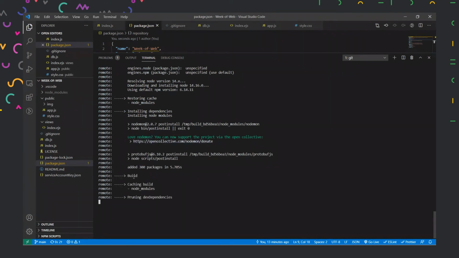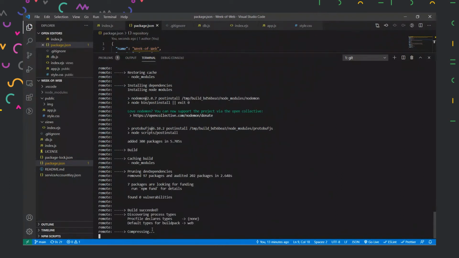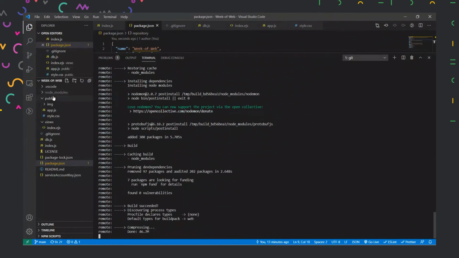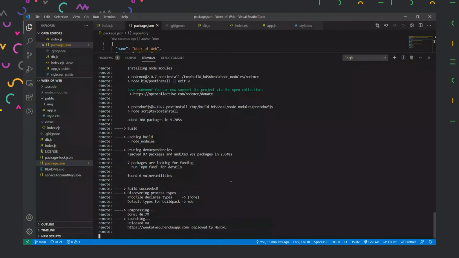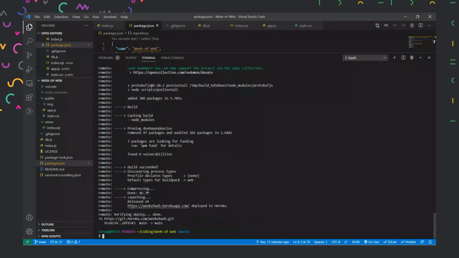It is building, it is caching all the node modules. The build is successful. Now it is compressing it, performing all the possible optimizations for us. And then with that, it has deployed our application to this website. Now let us see our website on the internet.